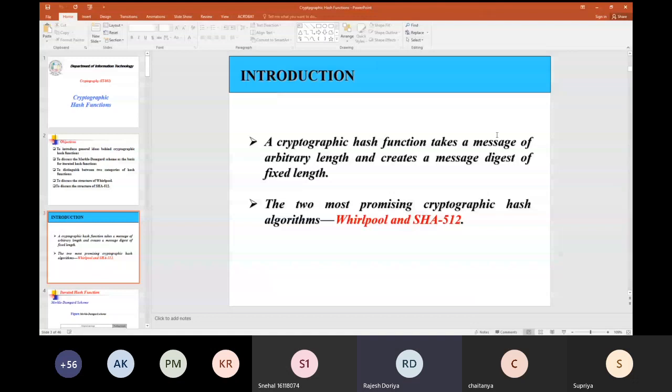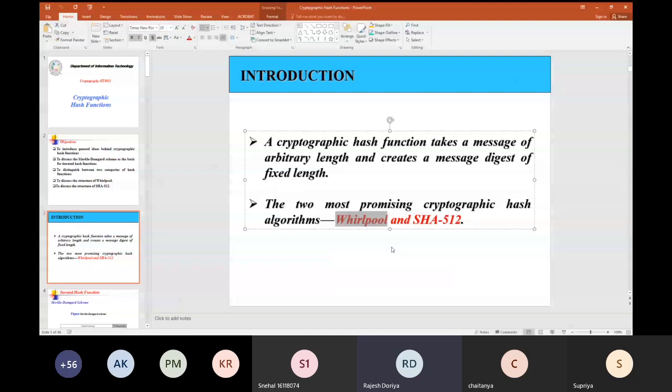Yesterday as well we discussed that there are two main hash functions which we are going to see, and those functions are Whirlpool and SHA-512. SHA-512 is an example of hash functions which have been made from scratch, and Whirlpool is an example of compression functions which have been created with symmetric block ciphers.